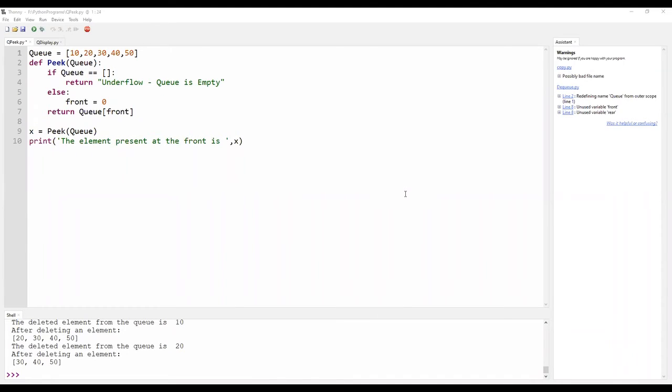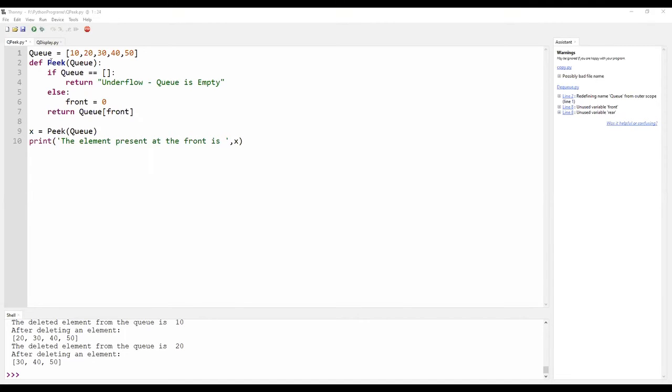Now we are going to see one more function named peek. As I said earlier, peek is a function which will return the element which is present at the front. The queue had these following elements, namely 10, 20, 30, 40, and 50. I am passing the queue as a parameter in the function called peek.